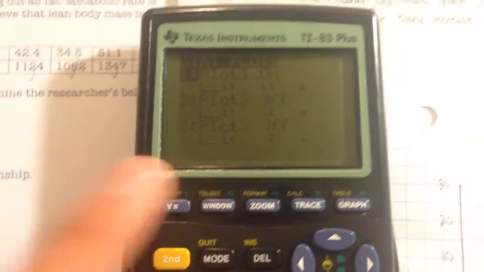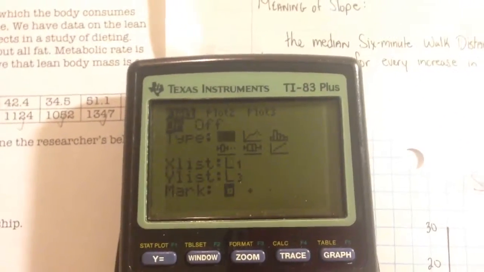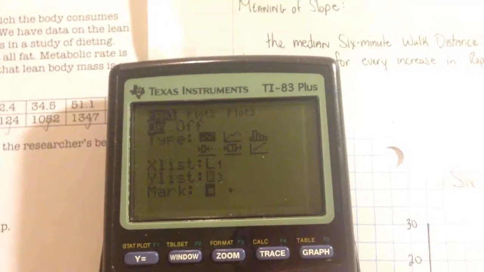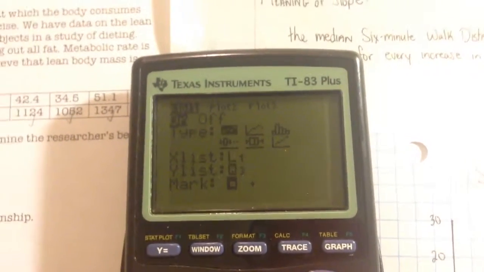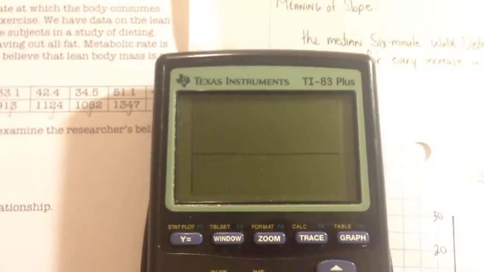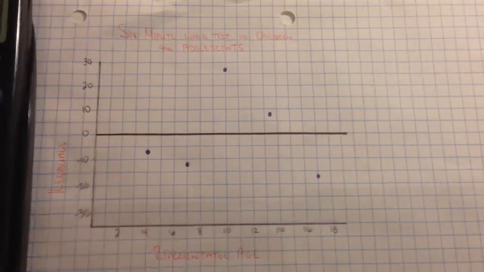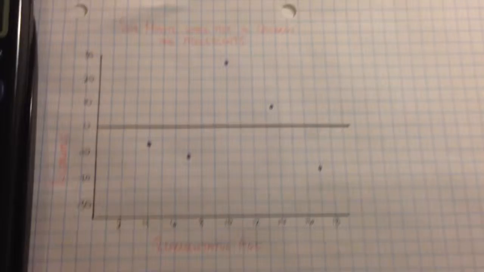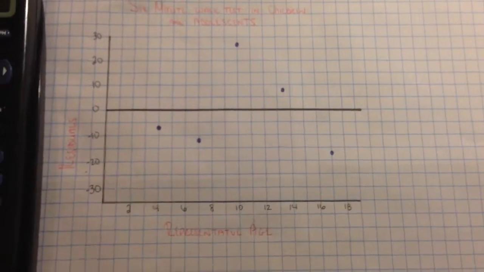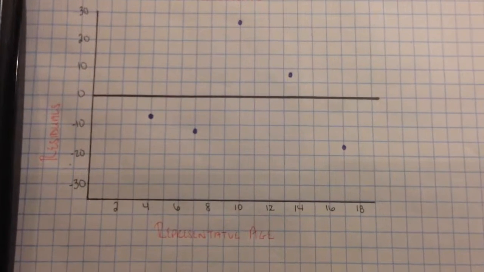Then after that, go to second, y equals, go back to the plot, and go down to Y list and make sure it says L3. So then you have X list as L1 and Y list as L3. Then you go back to Zoom 9, and it'll graph it for you. I also included my own scatter plot of the data, and my x-axis is the representative age, while my y-axis